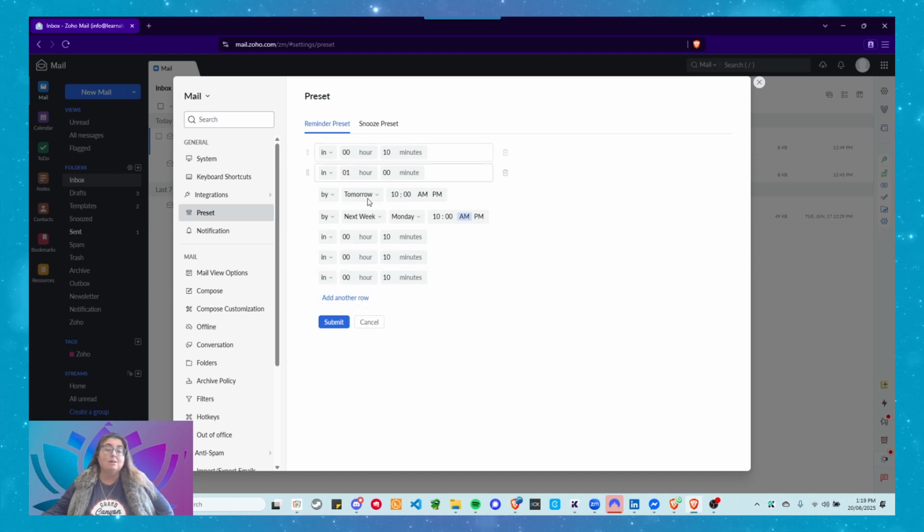So, up to you how you do it. They will always add the custom at the bottom of it. But if you've got things that you prefer, you don't want it to be 10 minutes, you want it to be 40 minutes, then you can make it 40 minutes. If you don't want it to be an hour, you want it to be 4 hours, you can set it to 4 hours. If you don't want it to be tomorrow at 10 a.m., but want it to be tomorrow at midday,